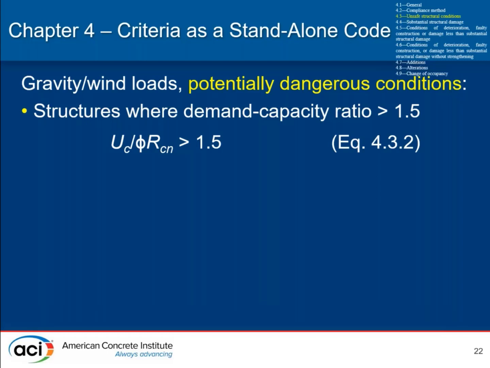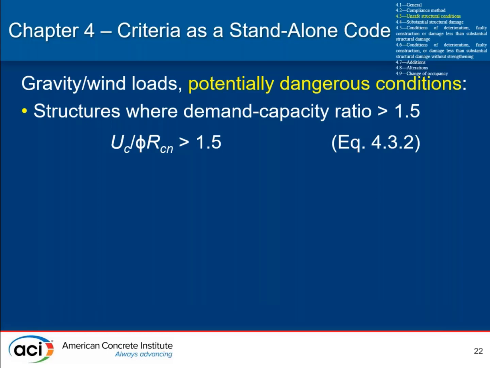A licensed design professional would calculate the strength demand based on the current building code, considering gravity, fluid, soil, lateral and wind loads, but not seismic loads. The governing load cases are determined using the factored load combinations of ASCE/SEI 7. If, as shown on the screen, the factored demand U sub C exceeds the factored resistance phi R sub Cn